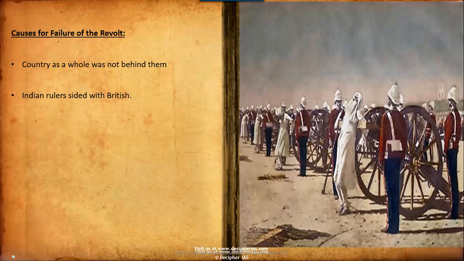And despite the doctrine of lapse, through which the British actually annexed the Indian states, the Indian rulers expected that their future was safer with the British, and they liberally provided them the men and material instead of Indian soldiers. Indeed, the rebels might have made a better fight of it if they had received support from these